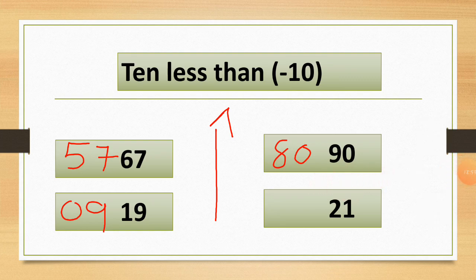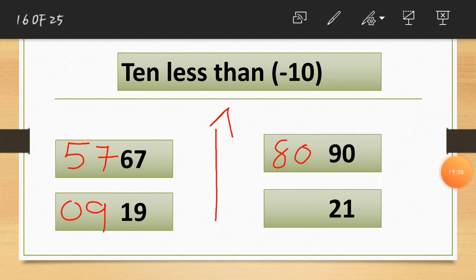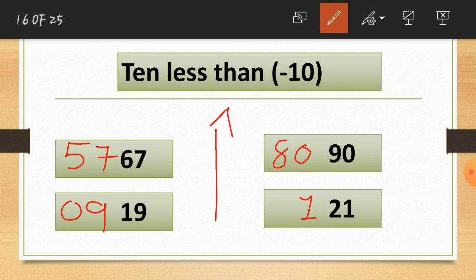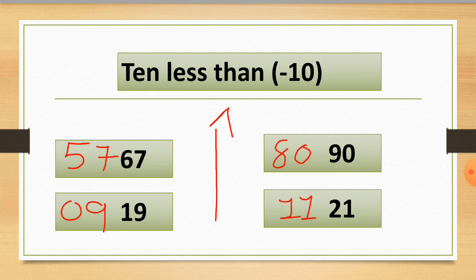You can see here is the 21 number. In this 21 number, there will be no change in the ones value. You can see here the ones value is 1, so I write 1 here. Now the changes will come in the tens value only. Here the tens value is 2 and we cut one number from the tens value. So 2 minus 1 is equal to 1. So here I write one number. So our answer is 11.